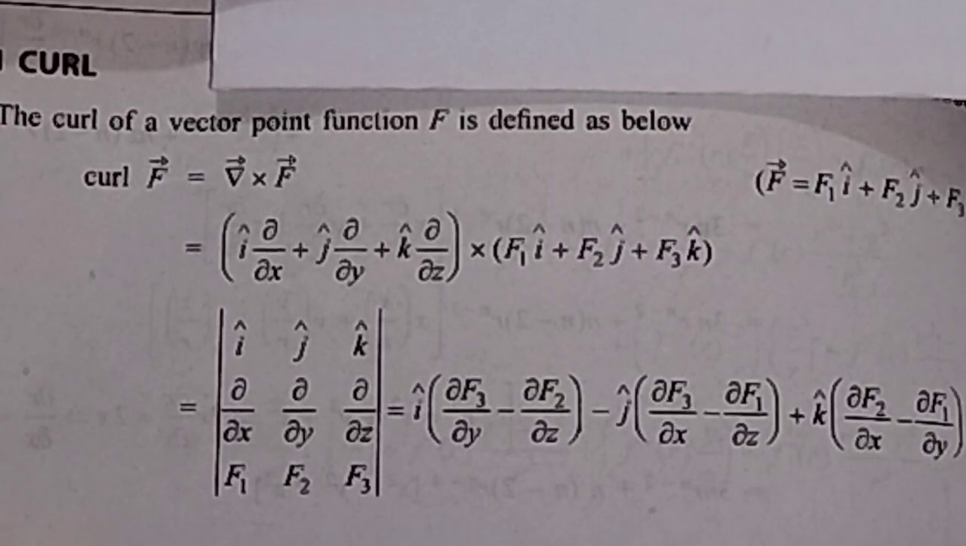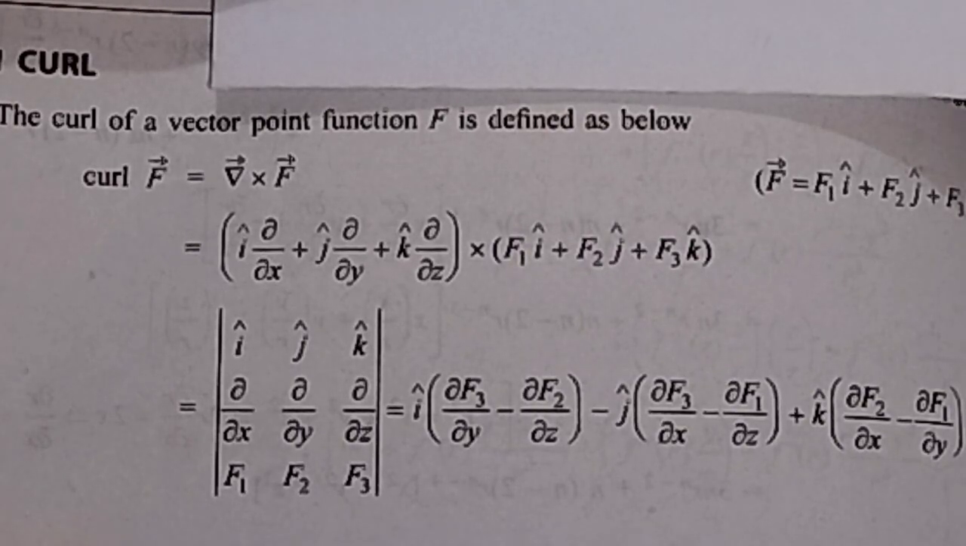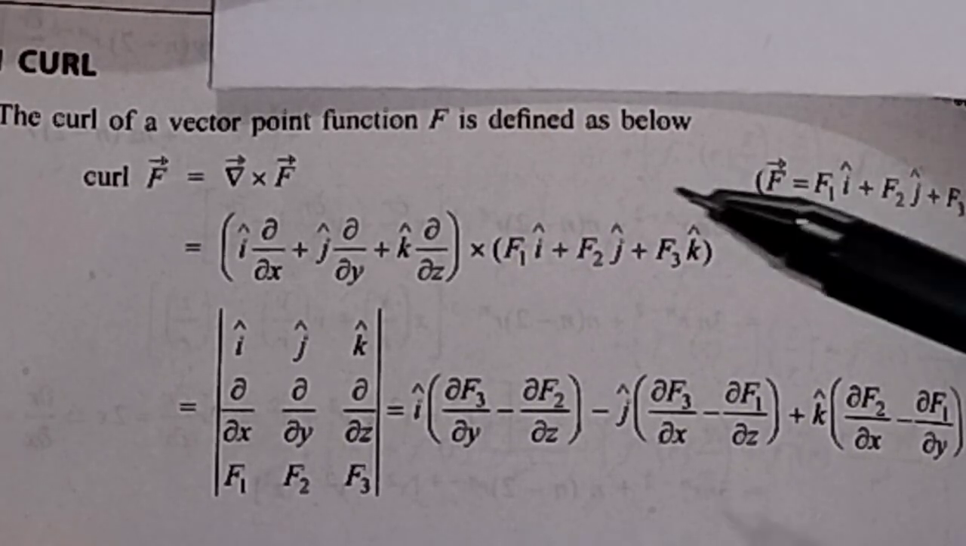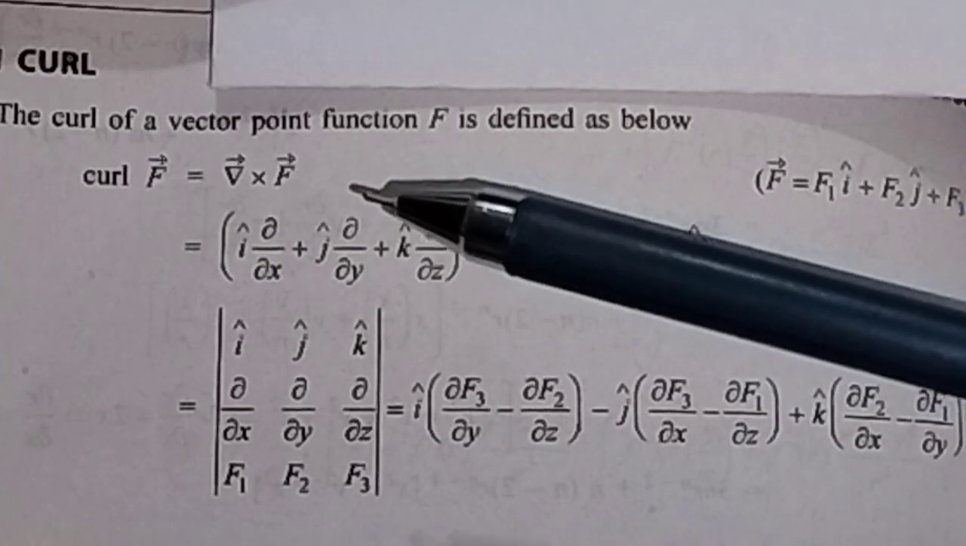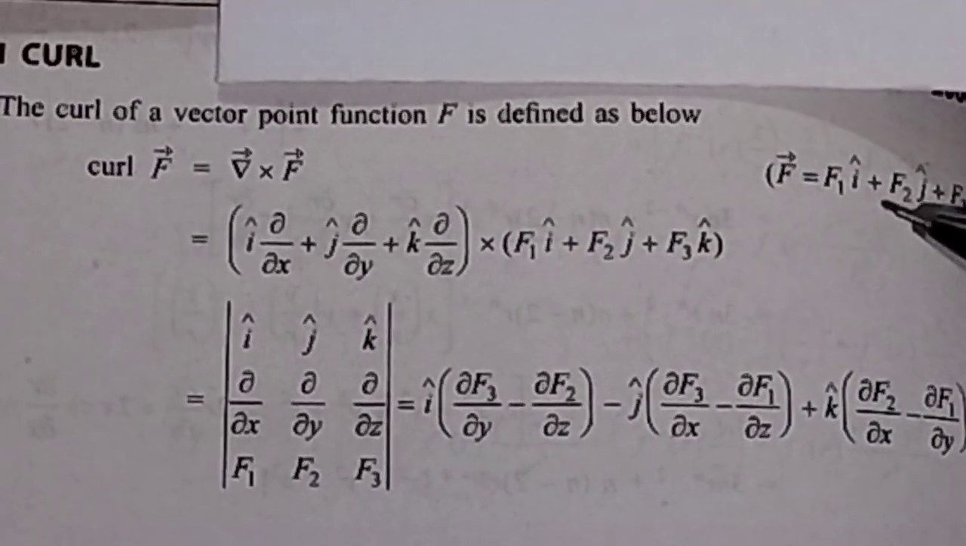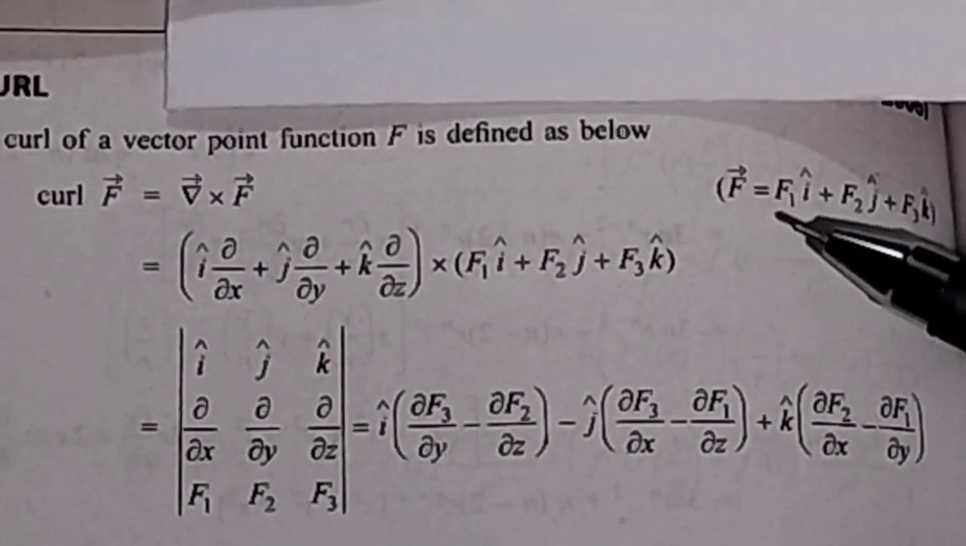What is curl of a vector field? Curl is a differential operator applied to a vector field to measure the degree of spinning or degree of rotation. Consider a vector field. Suppose F, you can represent F either by I cap